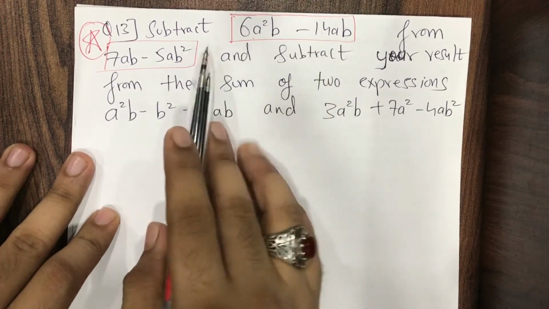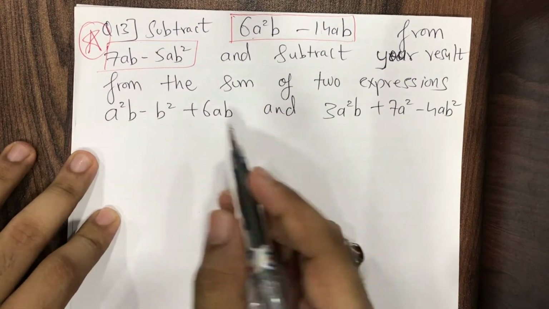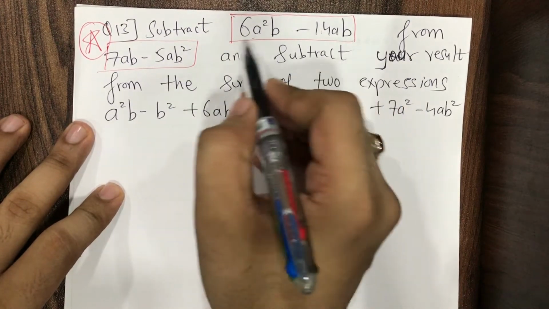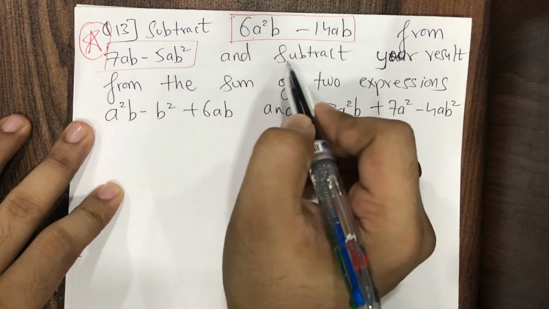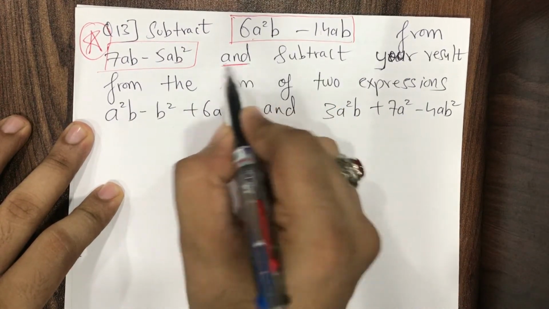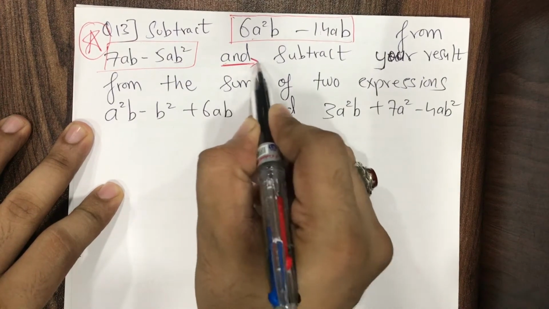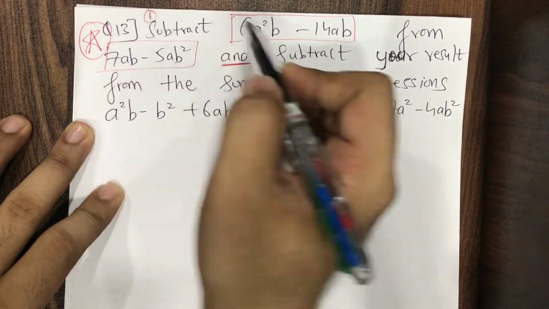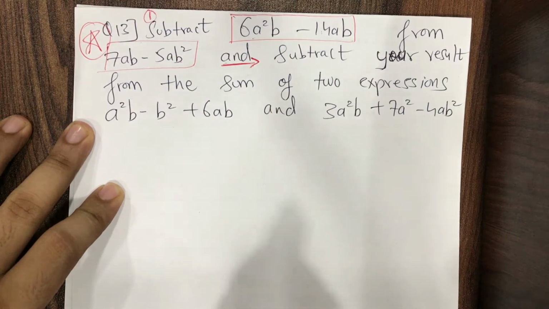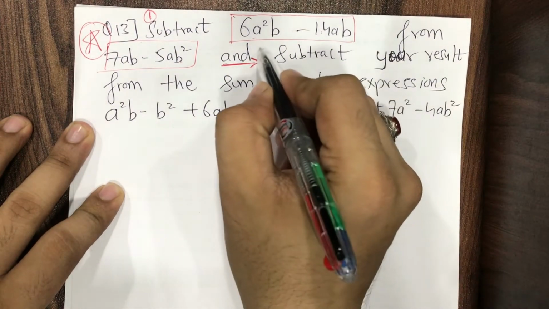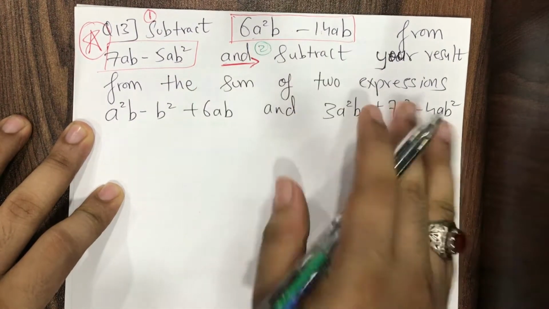Okay, this is my first condition. I have marked my first condition with red color. Now the second part, from 'and' onwards. Okay, this was my first part of the question. I'll mark it with the green color now. Okay, now let's start with the second part of the question.